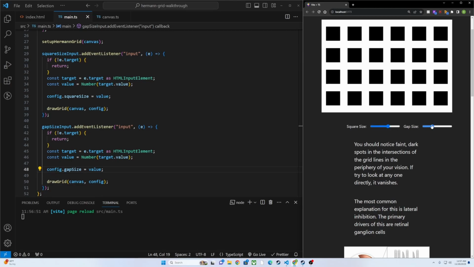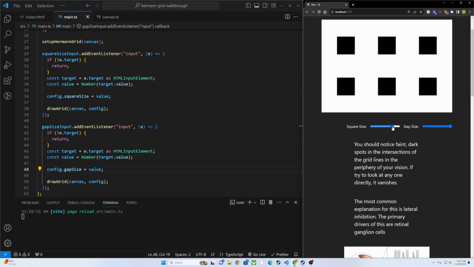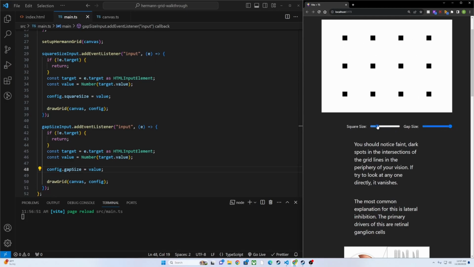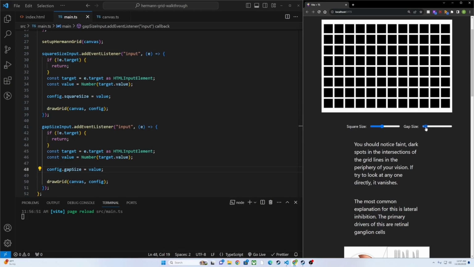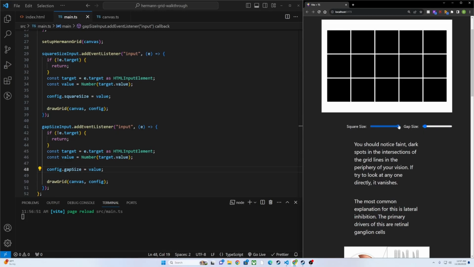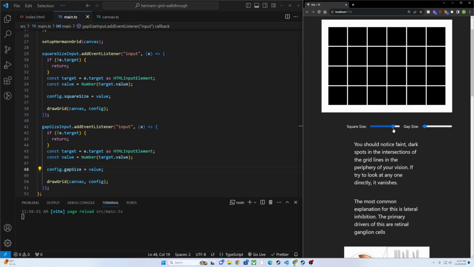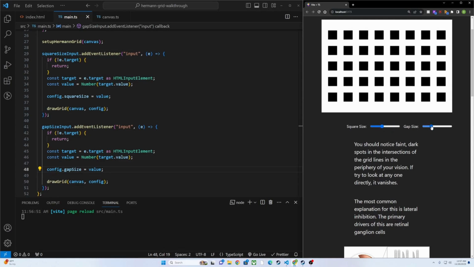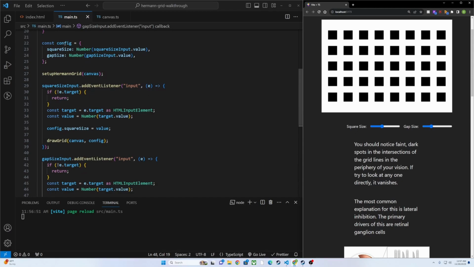So I'm going to increase the gap size to the max, just to show that it's still working, increase that, and as you see, it's maintaining the gap size, and if I make it super dense like that, you can see that, oh god, it's hard to look at, and there we go. The gap size is maintaining as well, because we're keeping that one reference to the config and just changing the property we need to when we change it, and it doesn't touch the other properties,